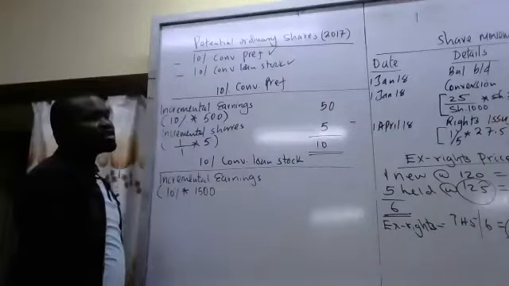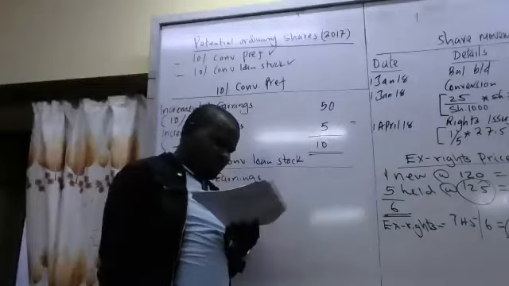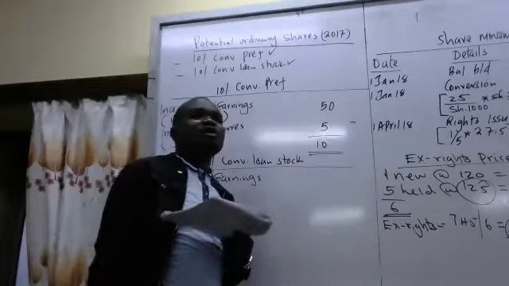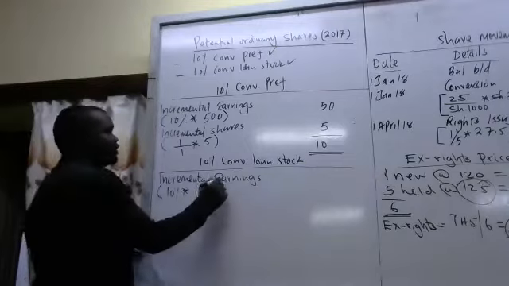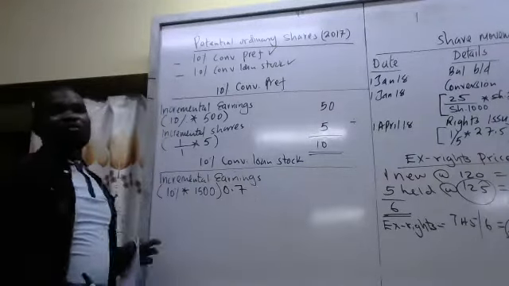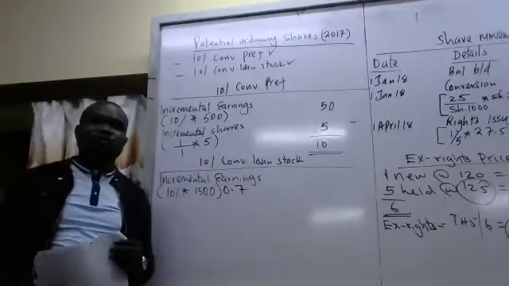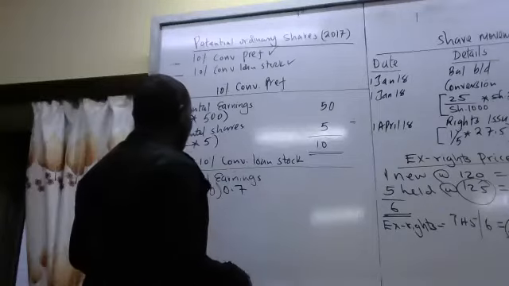When did they convert? When they convert, you treat them separately. It was 2018, so in 2017 nobody had converted. So it is just 10% of 1,500. But for interest, always remember tax: 1 minus T for interest. So you must multiply by 0.7. That one comes to